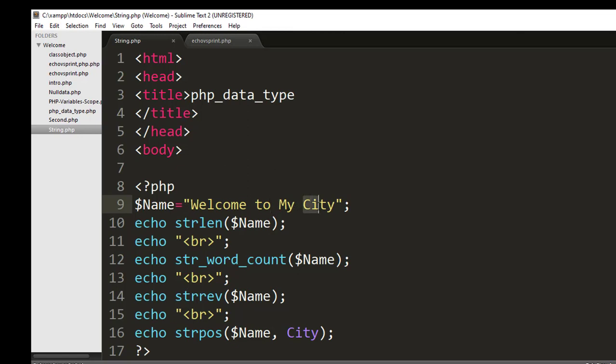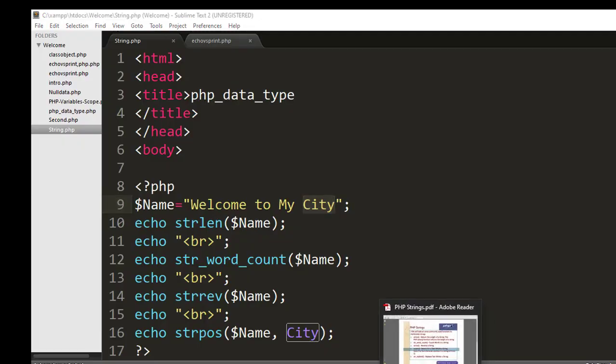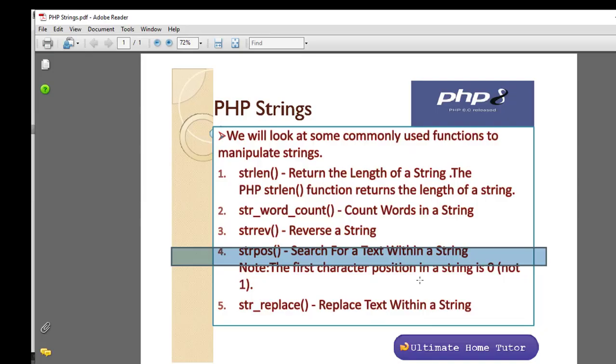Here only this city is there, so it prints 14: the position where the keyword starts. The first character position in a string is 0, then 1. So strpos searches for a text within a string.